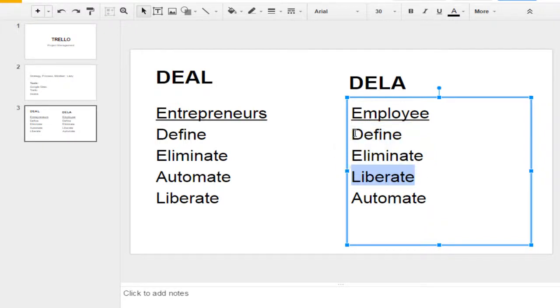Okay, and then you need to negotiate. If you are able to define and eliminate, you will negotiate with your boss or manager to liberate you from doing certain things. Let's start step by step. Liberate you from attending meetings. This is step number 1, most important. Because if not, you'll be sucked into all sorts of meetings.